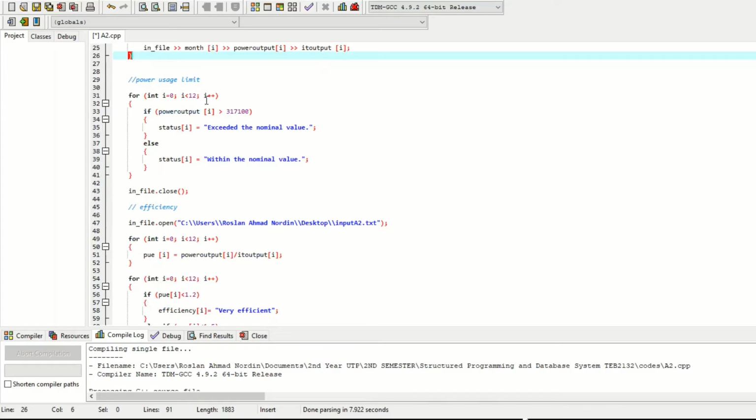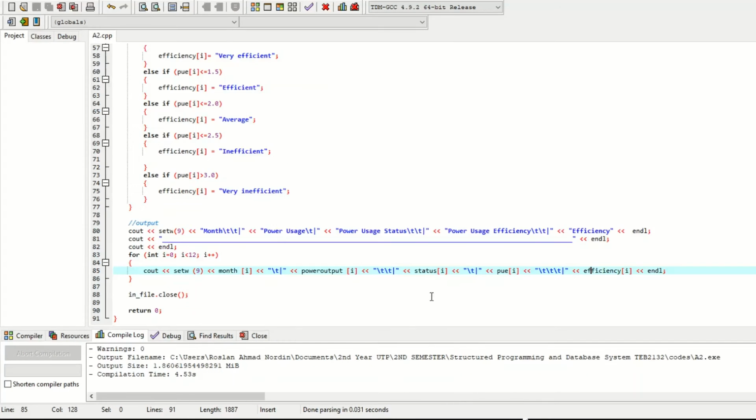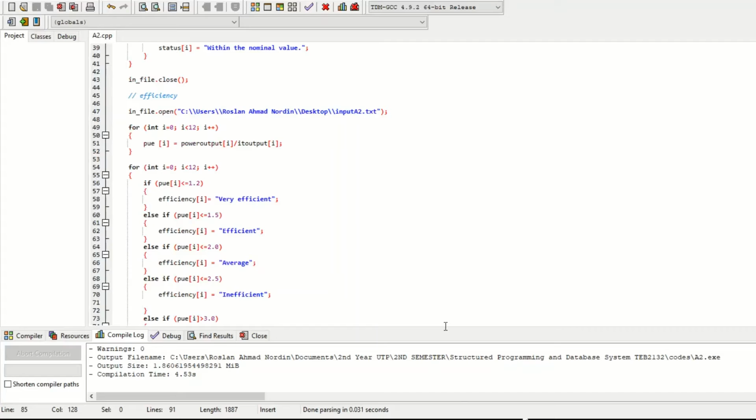So for power usage limit, we use the selection. If power output I is bigger than 317,100, the status will be exceeded the nominal value, and if it isn't, the status will be within the nominal value. So for the efficiency part,